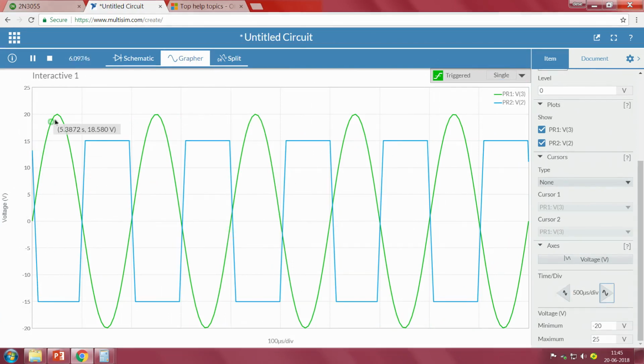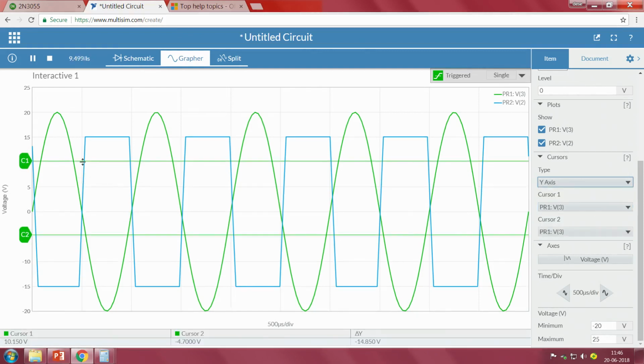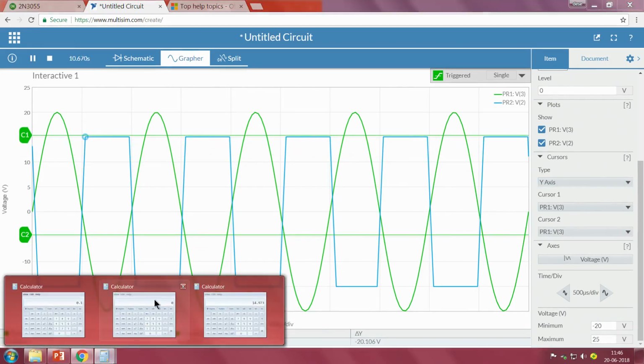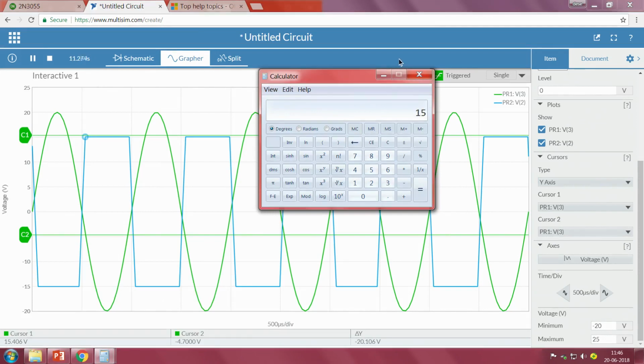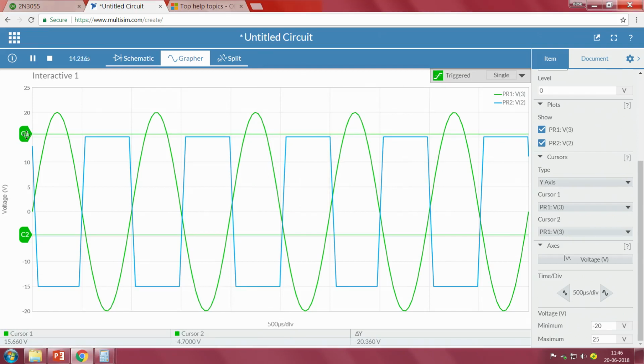This is the input, the green corresponds to the input, the blue is the output. One thing we can see is that it is always fluctuating, but whether it is fluctuating at the same time, to understand, let me take two cursors. One is a y axis cursor. One value is somewhere around 15 point something. If we calculate, the value is 15 plus 0.027, 15.27, and the other one is 15 minus 0.027, which is 14.97. So, one is 15.27.